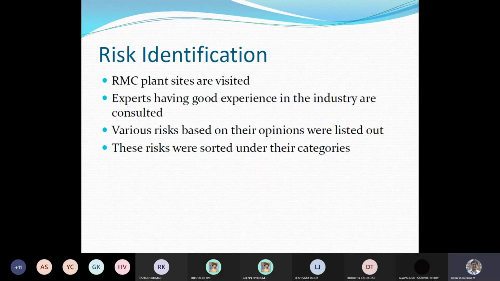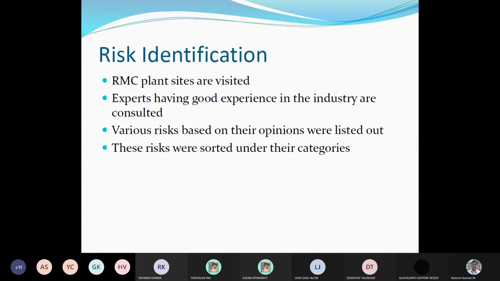So we have visited them, and we got expert opinion. We learned from the experts, and this is pretty much called a constructability review in technical terms, but it is just expert opinion. We got the expert opinions, and then we got into the categorization, not prioritization, categorization of various risks from our visit as well as from the experts' opinion, right? One such thing that we found, which we had not realized earlier before going to the site, is that many